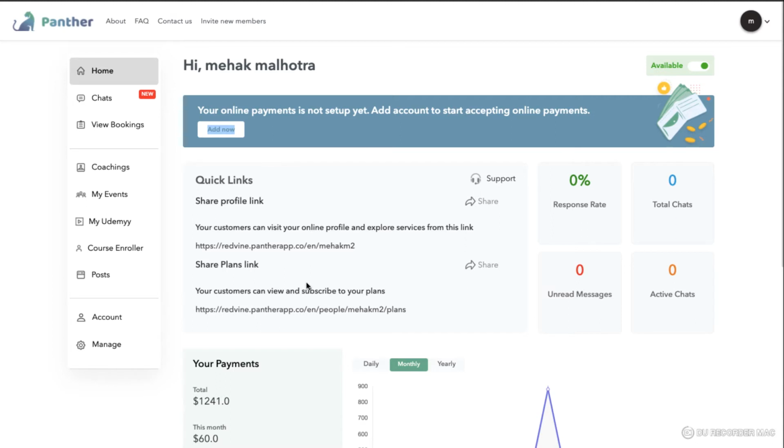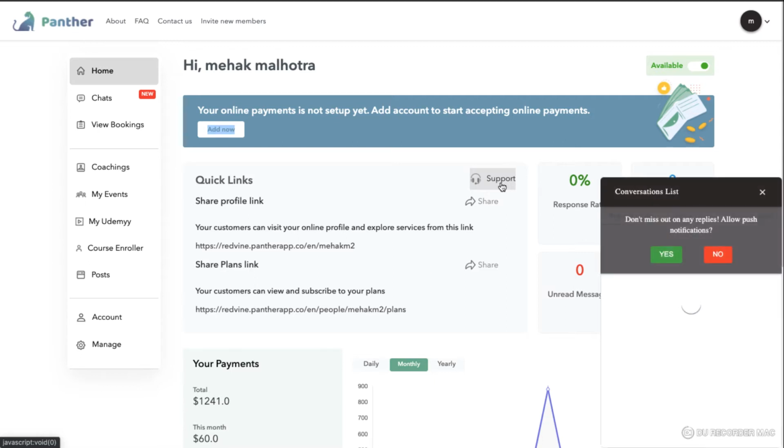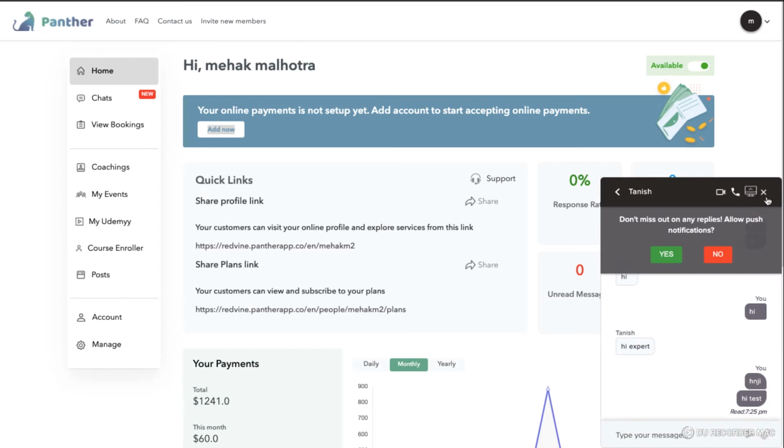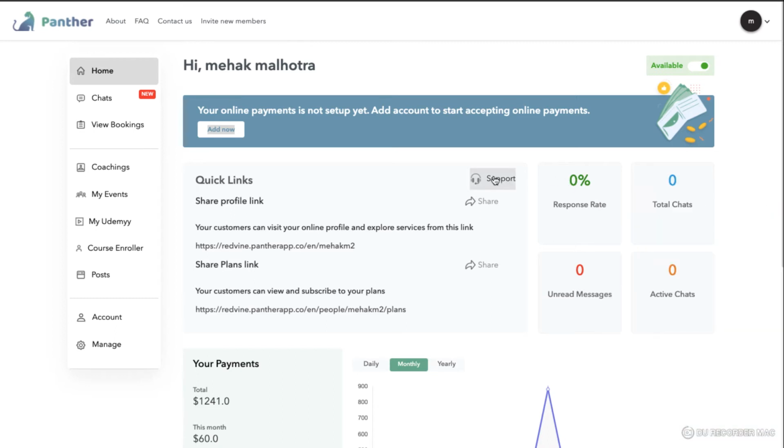Here's a quick dashboard for the quick links that will be beneficial for the expert. Here is the support option wherein the expert can get in touch with the admin, and he can seek any sort of consultation, or he can speak to the admin directly.